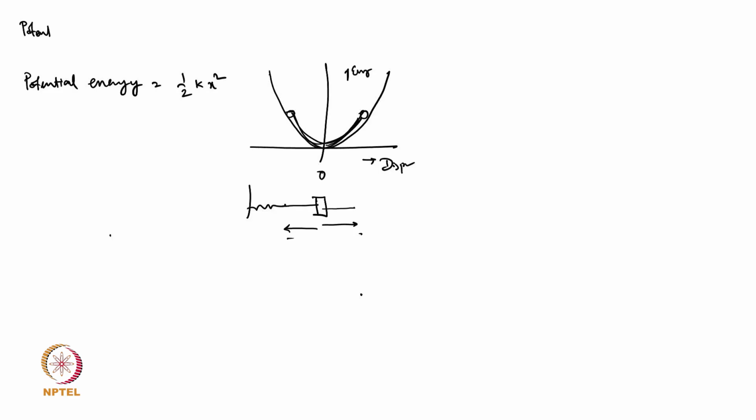And we can see that half k x square is a potential energy function which is symmetric about the line x equal to 0. It is symmetric on both sides. So whatever distance it goes here, it will go the same distance here also, with the same amount of energy. It will oscillate in this way. Make sense? And the time from here to here is half of the time period. Going from here to here is half of the time period, and once it comes back, it's a full time period. So can I calculate the time period